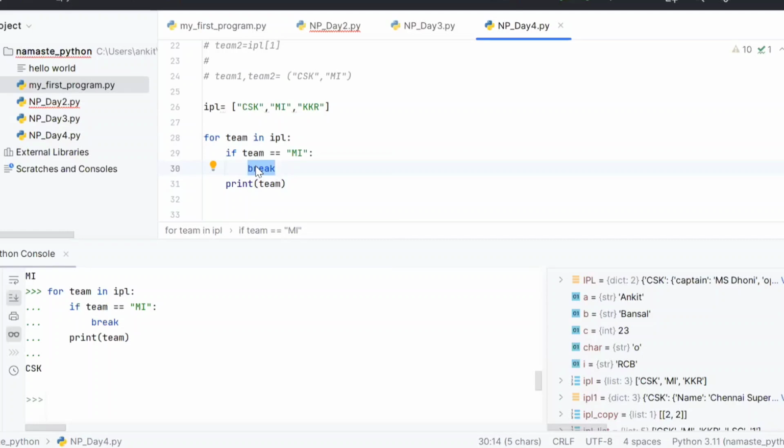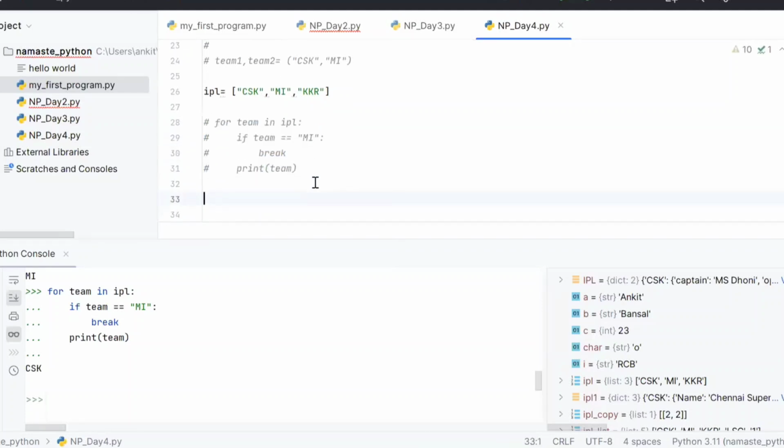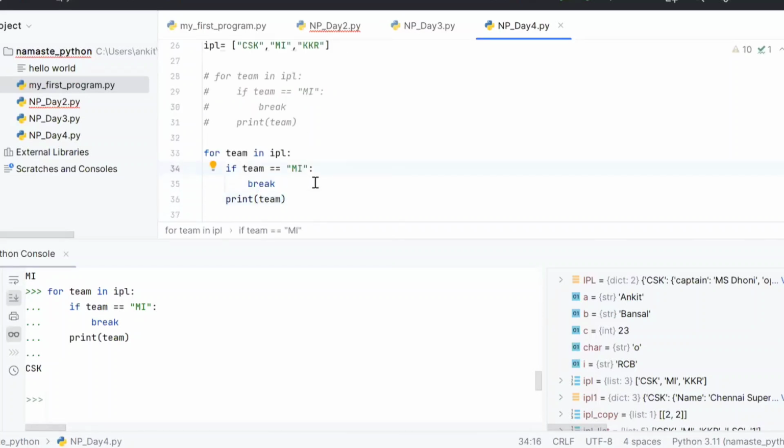Okay. Now, let's say my requirement is... Ankit, I have a doubt here. When you wrote the print statement in line number 31, then only CSK is printed. But in the last one, CSK and MI both were printed.